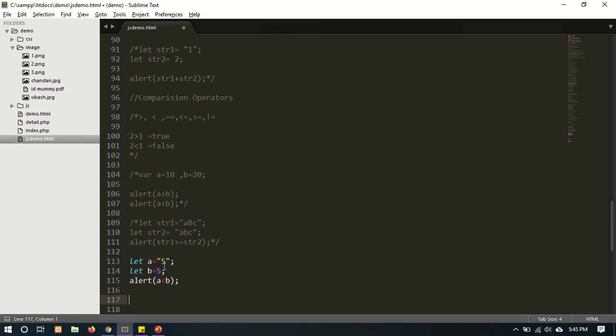Suppose if we are comparing 5 with 4, if a is greater than b, it will return true because 5 is greater than 4.